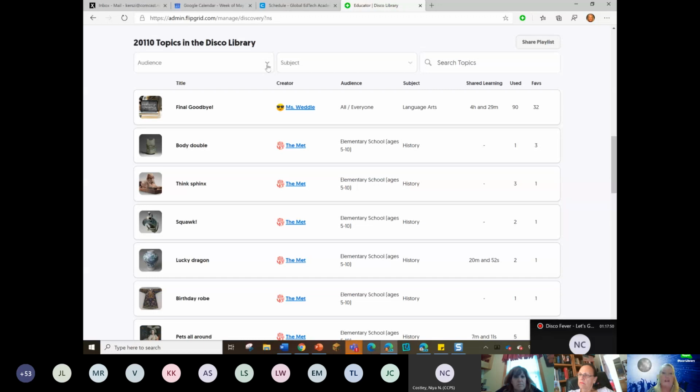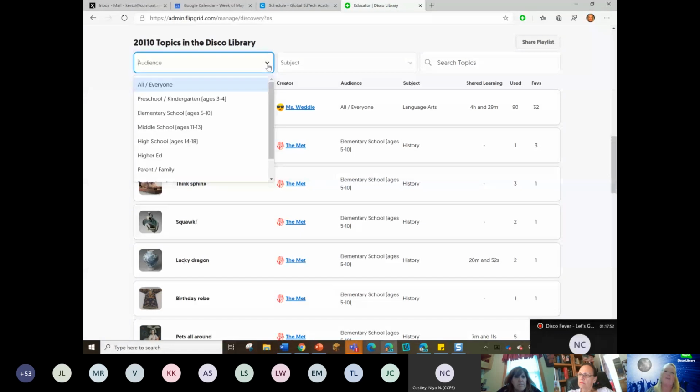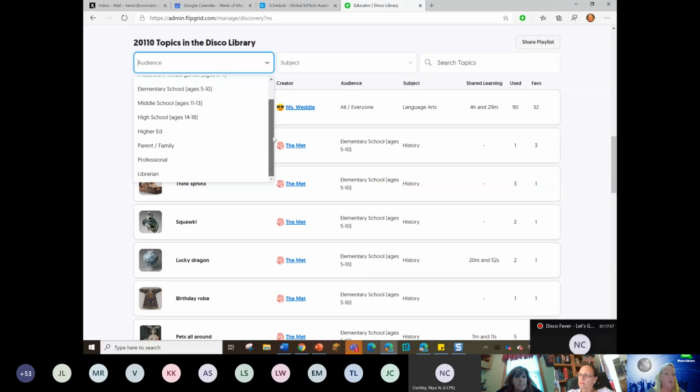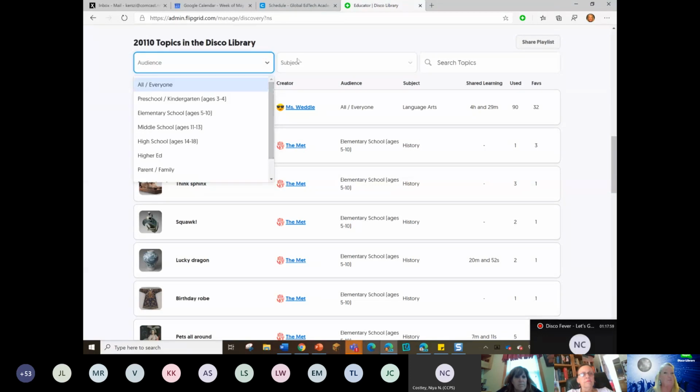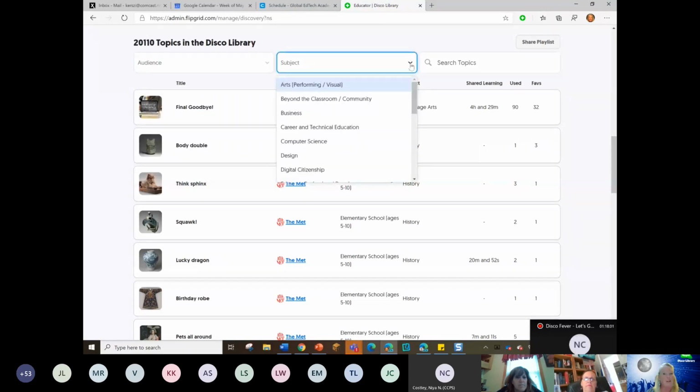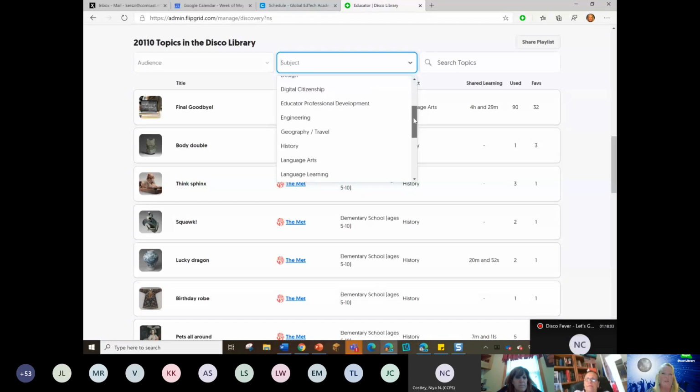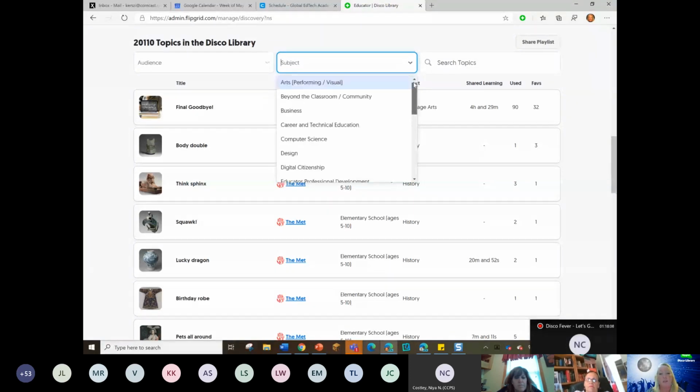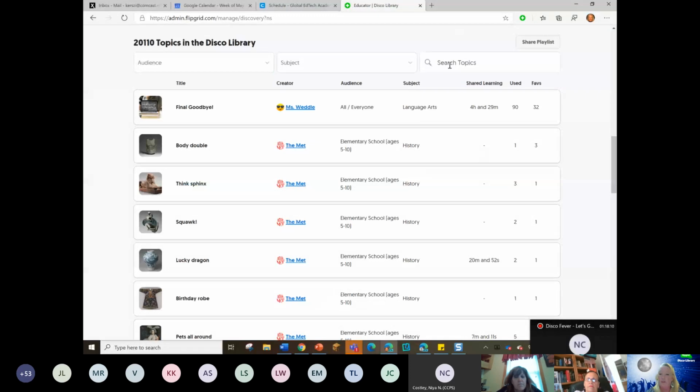And I want to show you that once you get in here, make your life easy. You can filter by your audience, your grade level, the people that you're using this with, and you can see those options there. You can filter by subject area. A lot of our high school teachers love this because they teach one subject. Our elementary school teachers, they're in all of these. Or my favorite is you can do a keyword search for anything that you're doing. So if you're teaching a certain unit or something is timely in the world right now, a current event or something's happening, you can come up here and search topics.